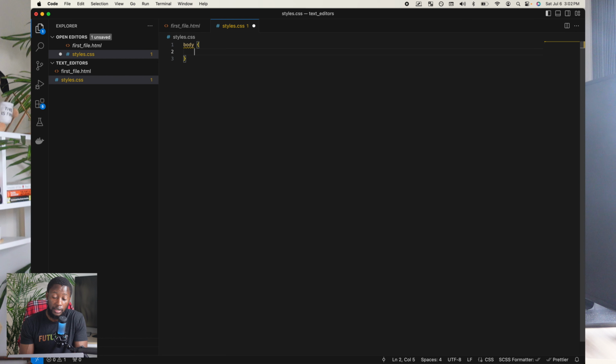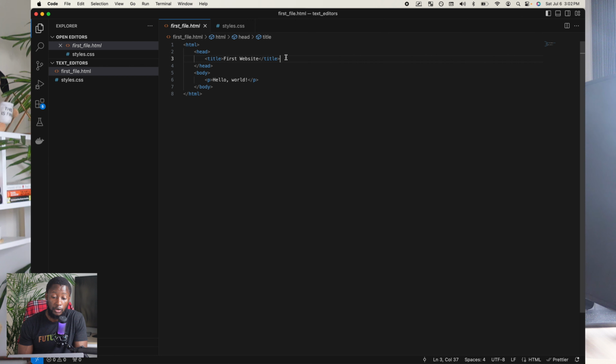Now if we go ahead in our styles.css, we can write some code. We can target the body and say background is red. And then in our HTML, we can go to the head, which is how we tell the HTML information about this document. So the first bit of information was the title of the document. But from there, we can do more. We can bring in styles, which is what CSS is, cascading style sheets. We can bring that in and say, hey, let's link to our style sheet. And we can say href equals